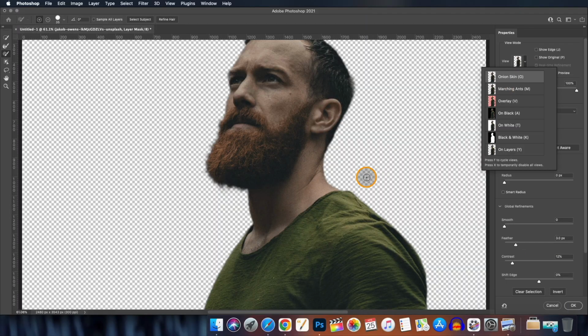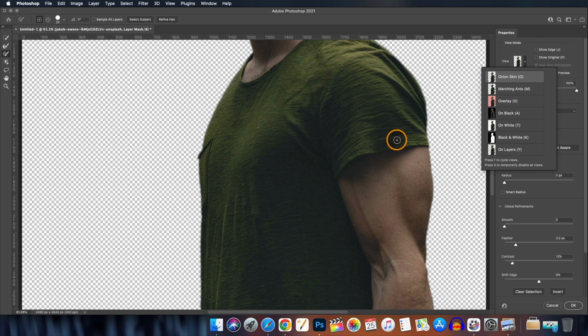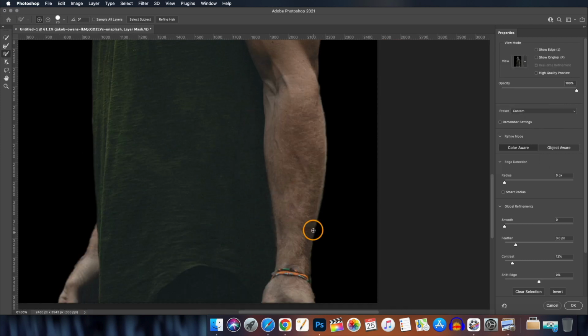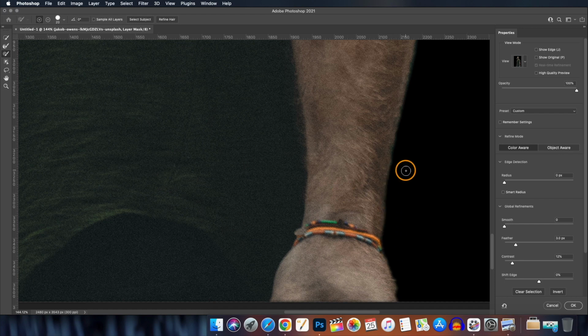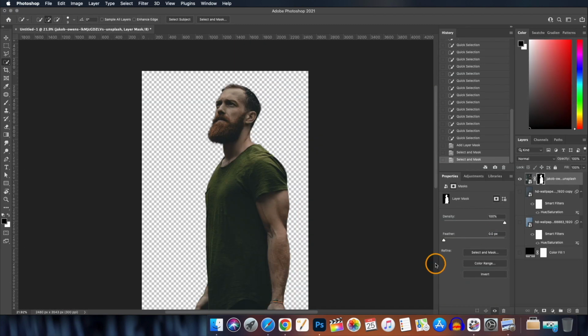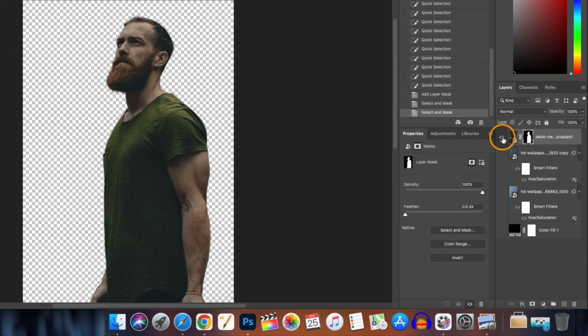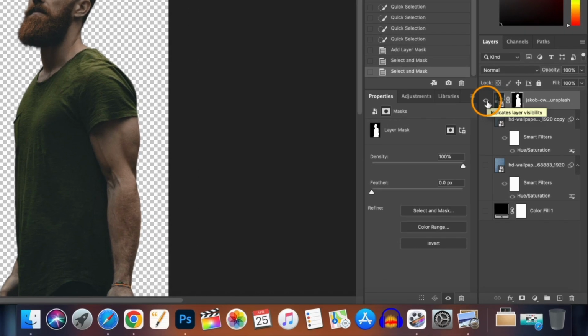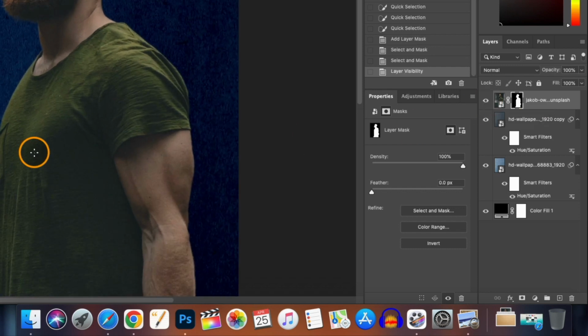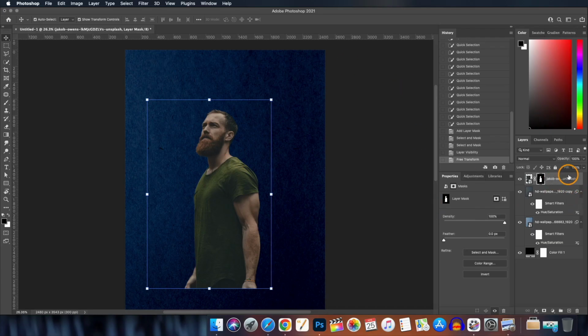To see whether the mask is okay, or if there is some fringing, you can place it on black and see. And now our mask is ready. Now we will turn back on the visibility of all the other layers. For doing that, once again hold down the Alt or Option key on your keyboard and click on this eye icon. All our other layers visibility is turned on, and now we will be adding or giving some effects to